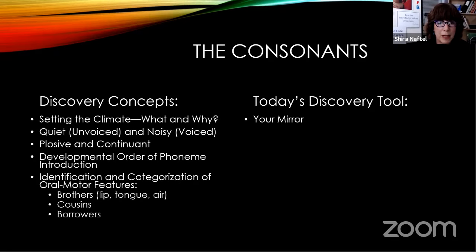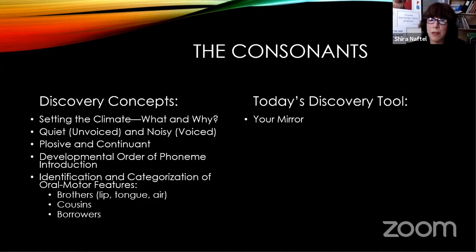We're going to identify and categorize according to certain aspects, which you're going to see. You'll definitely want to have your mirror with you so that you can check. Just so you have a few of the details, we'll be using a discovery process that is quite scientific, based in speech pathology. But the labels we will give will be friendly labels that even children can attach to. There are 8 consonant pairs in the English language.